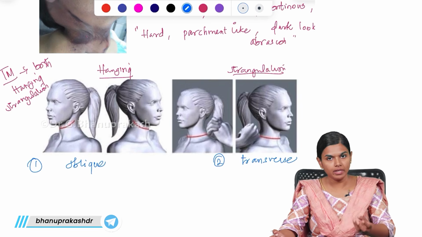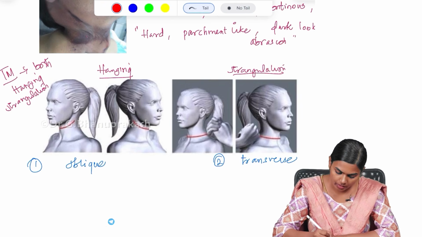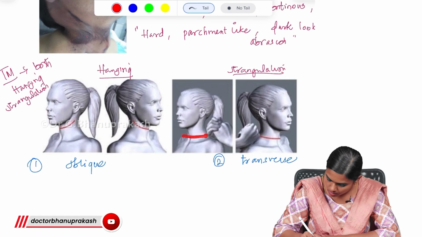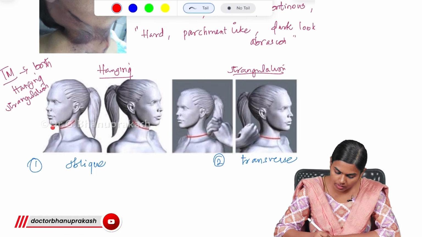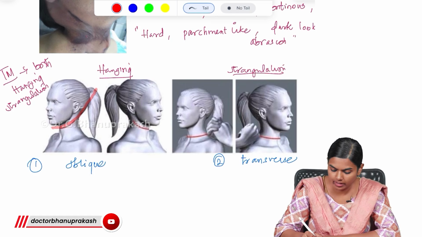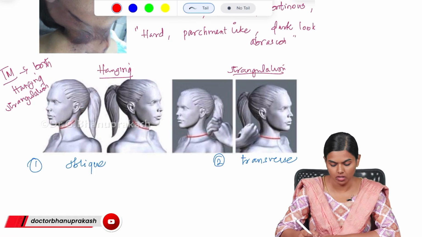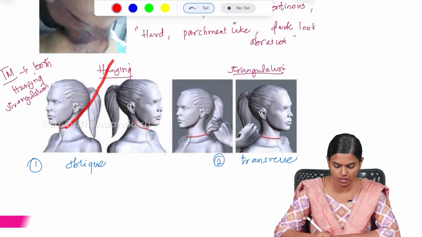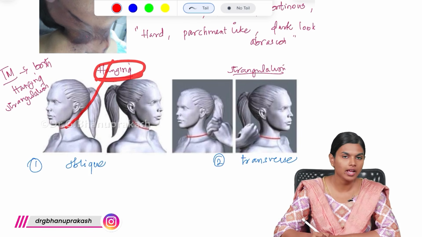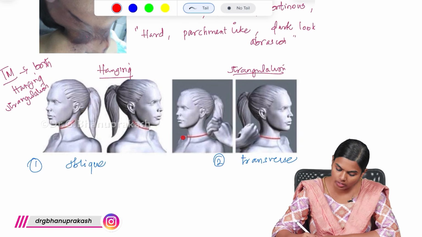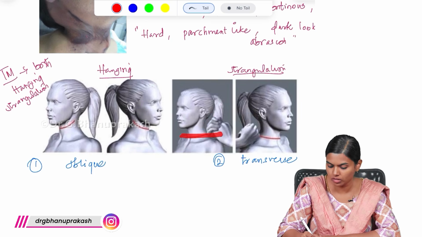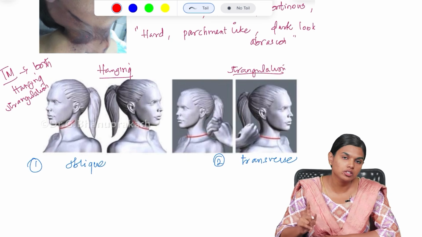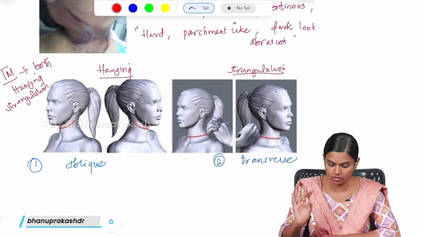So what I mean by oblique and transverse is that, here, do you see this? This is going up. Here this is going straight, right? So this is going obliquely upwards. Here this is going straight, this is transverse. So this is oblique. Going upwards means it is going towards the point of suspension, and a point of suspension means it has to be hanging. If it is not going towards a point of suspension, if it is going straight transversely, then it is most probably a case of strangulation. So this is the first difference between hanging and strangulation.